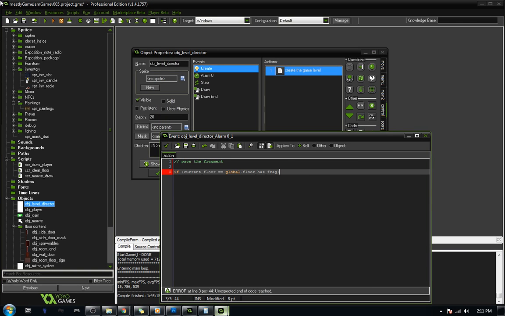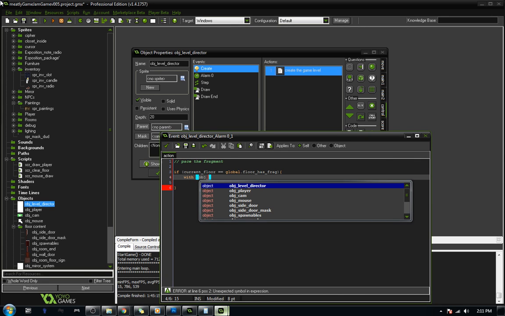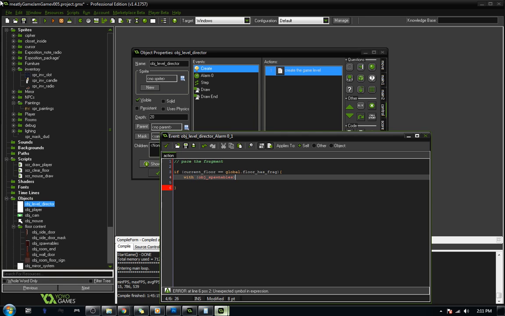So if that is true, the first thing that we need to do is with object spawnables, we're going to do the following. If